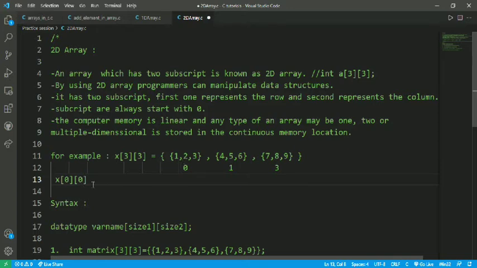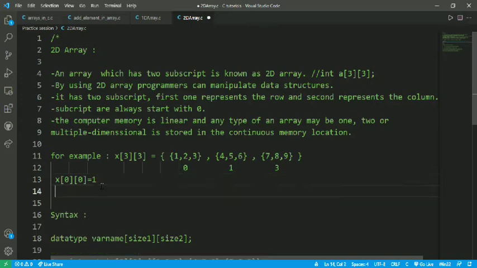The value at x[0][0] is equal to 1. The subscript for the next element is x[0][1], which represents the value 2.